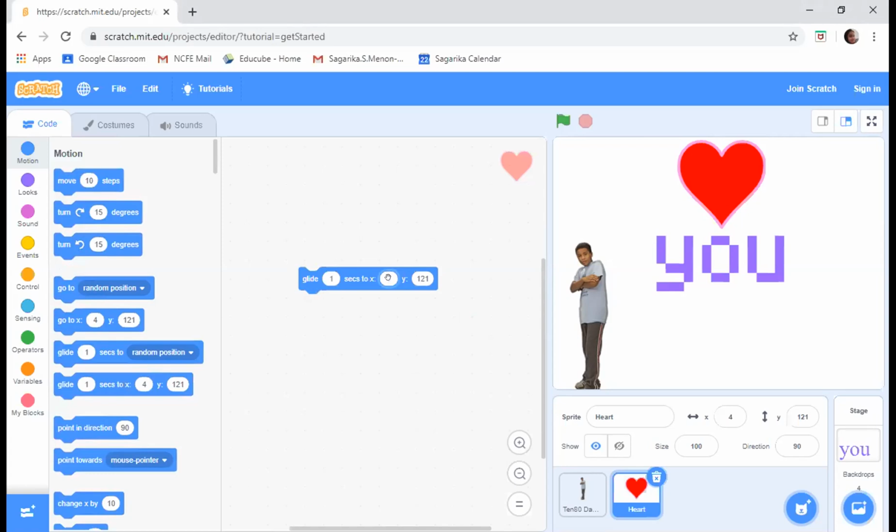Heart size we can change later if it is too big. So we are saying X should be 42. Y is 33.